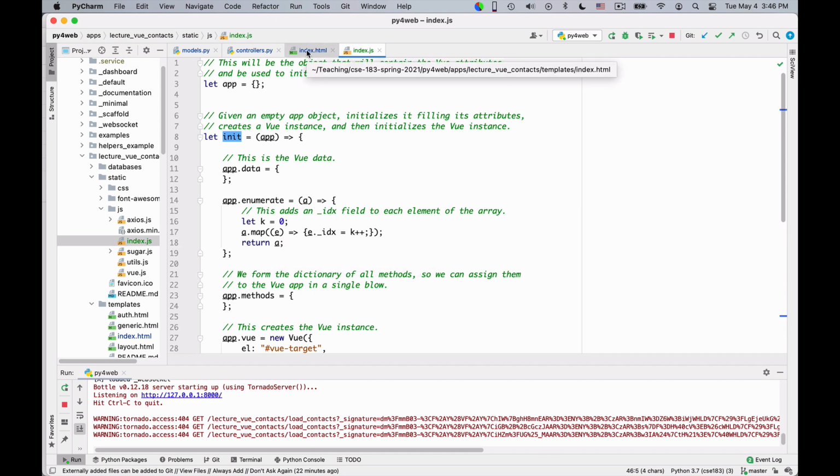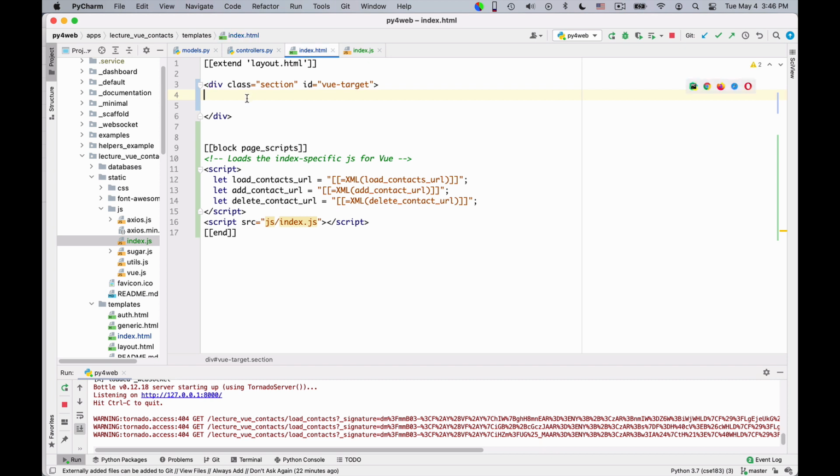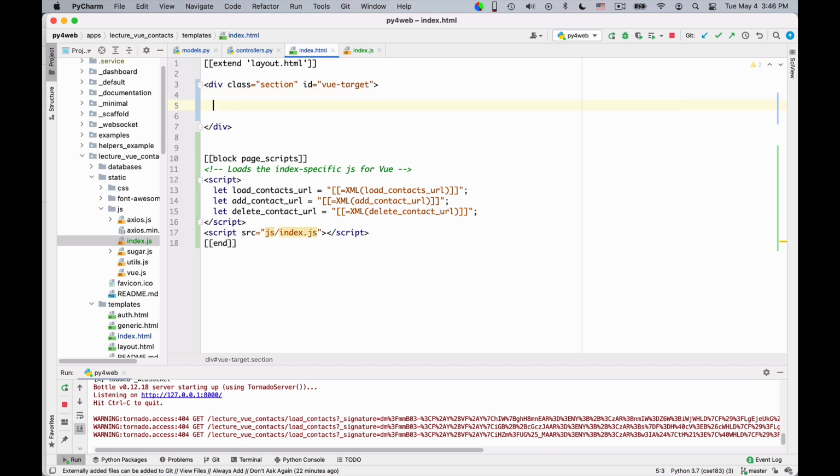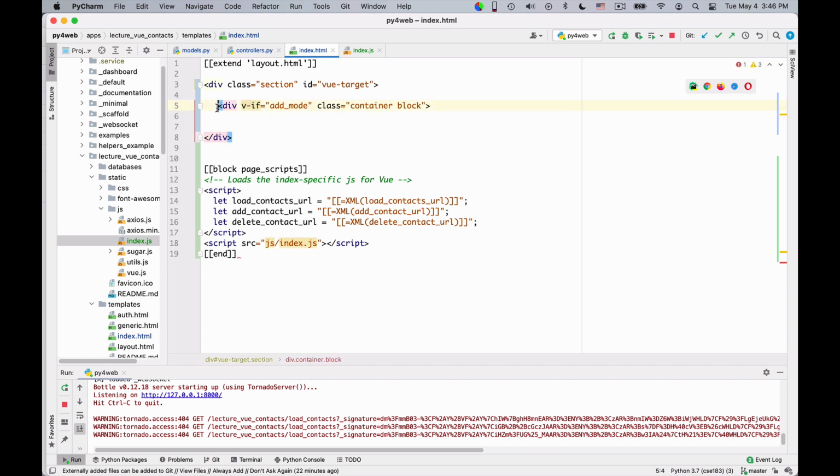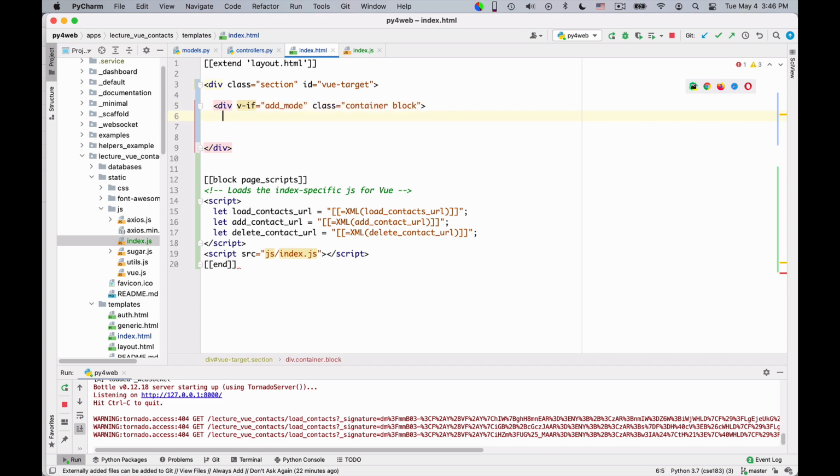And one way to start, a common way to start, is to write here the templating code in HTML of the effect we want to obtain. So let me write it. So the first thing I want to do is this. I want to write a div that is used to contain the form to add a contact.